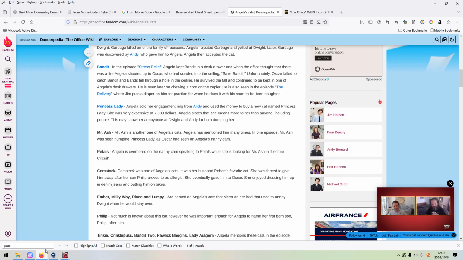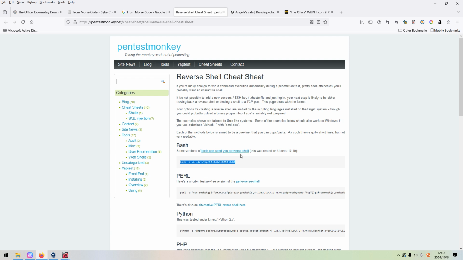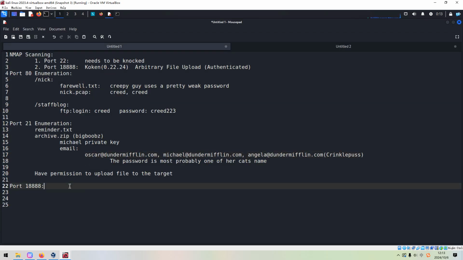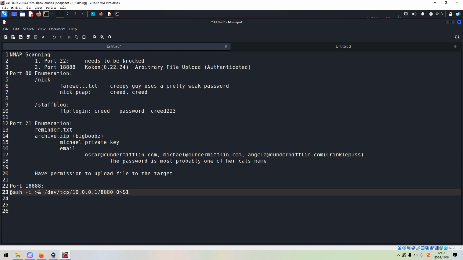We can copy it from the Pentest Monkey website. We need to modify the IP address of the Kali Linux.